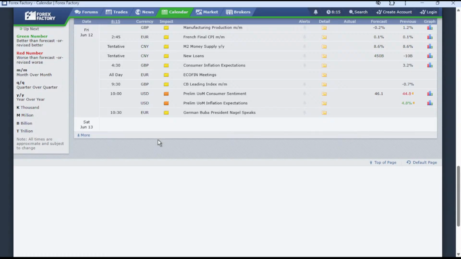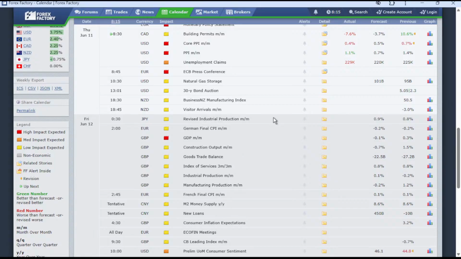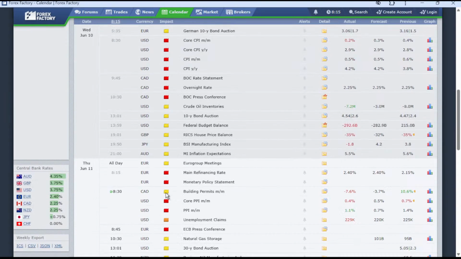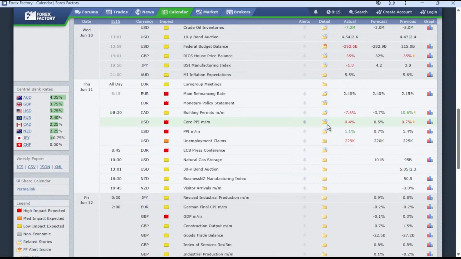Yeah, the PPI does not impact the DXY so much. Yeah, so that's true there. Yeah, the CPI is the one that impacts so much. So you see this area,